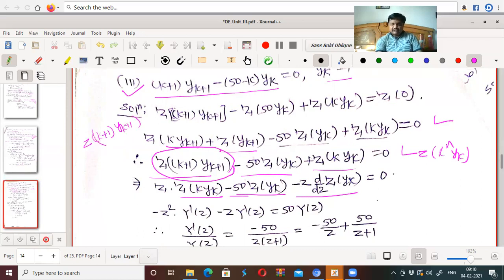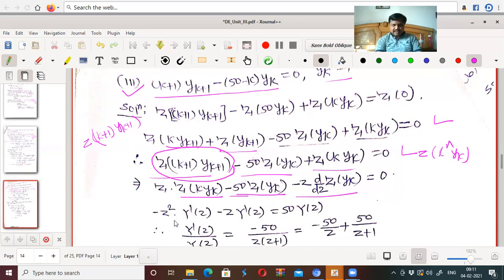K into yk is what? Minus z d by dz of Z transform of yk. Then k plus 1 yk plus 1 becomes minus z d by dz of Z transform of yk plus 1 now,